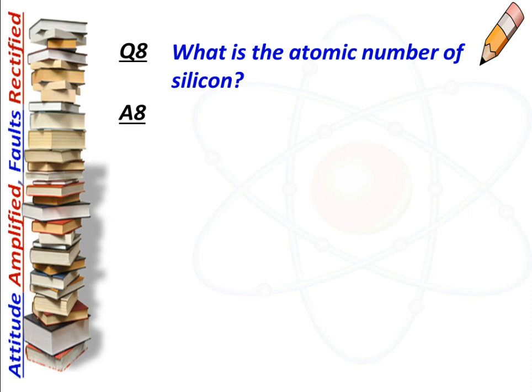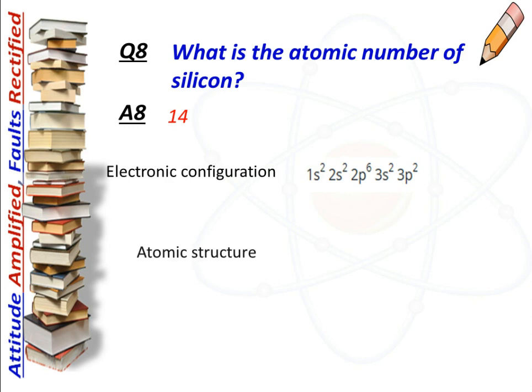What is the atomic number of silicon? Answer is 14. Its electronic configuration is 1s2, 2s2, 2p6, 3s2, 3p2. It has 4 electrons in outermost shell and its atomic structure is